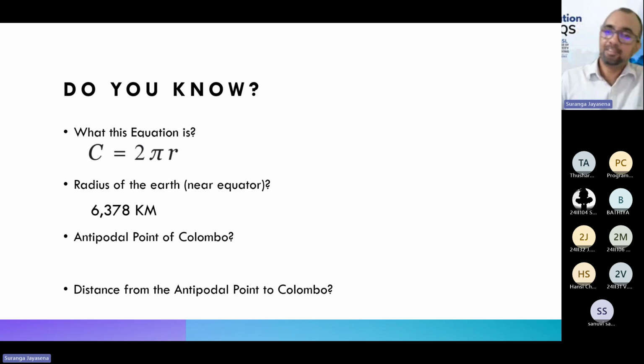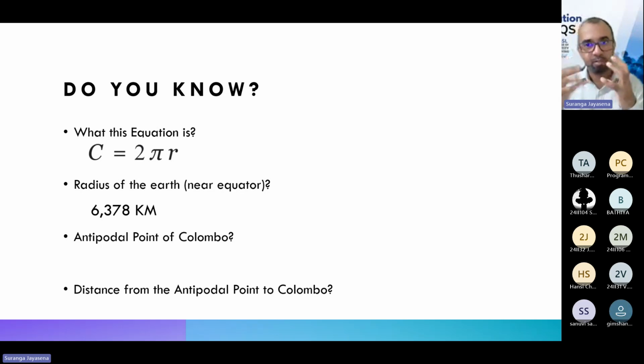Now, antipodal point is the point of a certain place. In this case, Colombo, right? If you take Colombo, what is there on the exact opposite side of the Earth, of our globe, the planet Earth? So, on the exact opposite side, for example, if you dig a hole at Colombo,